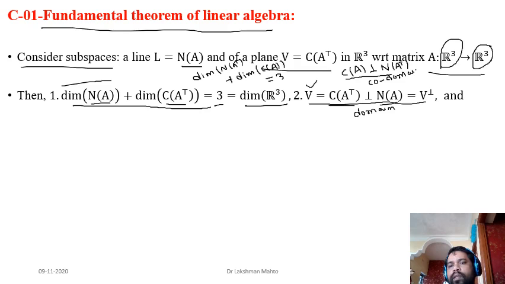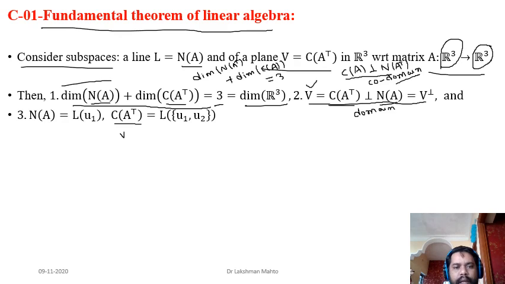Now, the third part of the fundamental theorem of linear algebra, I had already mentioned; I would like to recall it now that we have covered the orthogonality part. It says that if you have a subspace, and that subspace has a basis, then that basis can be transformed into an orthonormal basis u1, u2. Here row space of A, that means column space of A transpose, is a two dimensional subspace. So any basis contains only two basis elements, and suppose this v1, v2 happens to be a non-standard basis, then apply the Gram-Schmidt orthogonalization process, GSO,